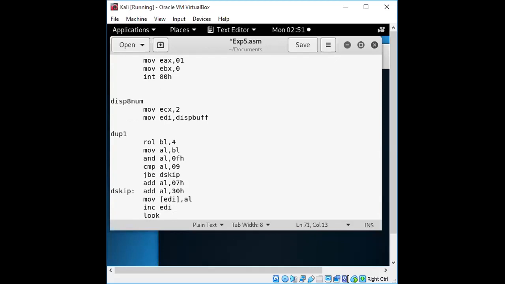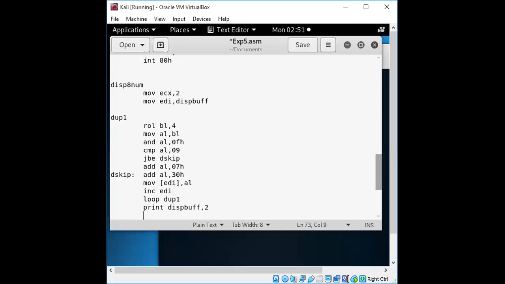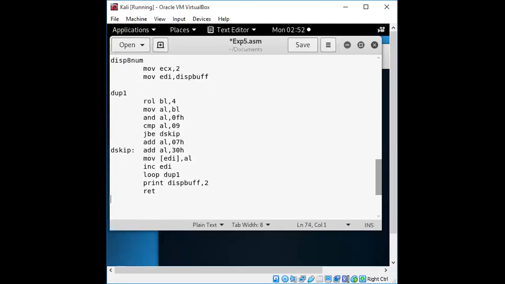So this loop will be continued for this loop1 inner loop, which will be checking with this number, whether the number is greater than or not. Then we'll display whatever the buffer or number that we are having, print. Right, so whatever the number that we have got, and it will return the control. It will return to where this procedure has been called.